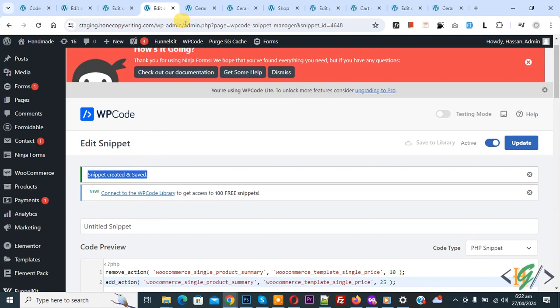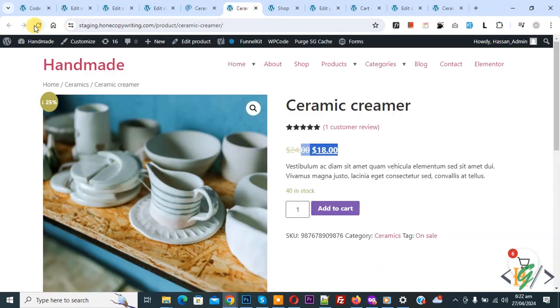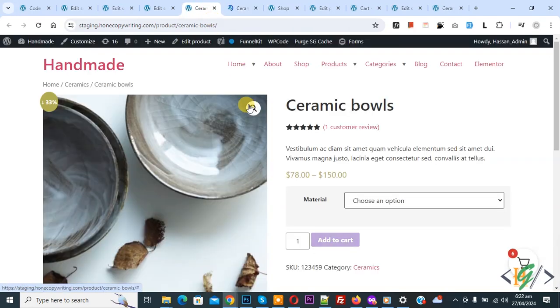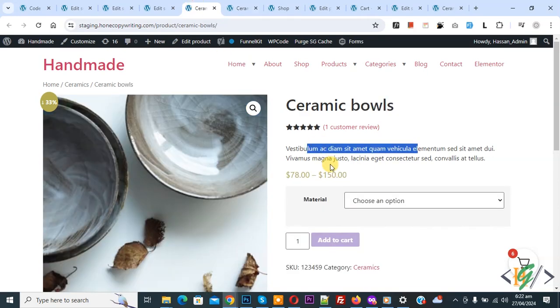Go to variable product, refresh the page, go to simple product, refresh the page. Now back to variable product and then you see price position move under description. Now go to simple product page and then you see price position move under description in single product page for both variable and